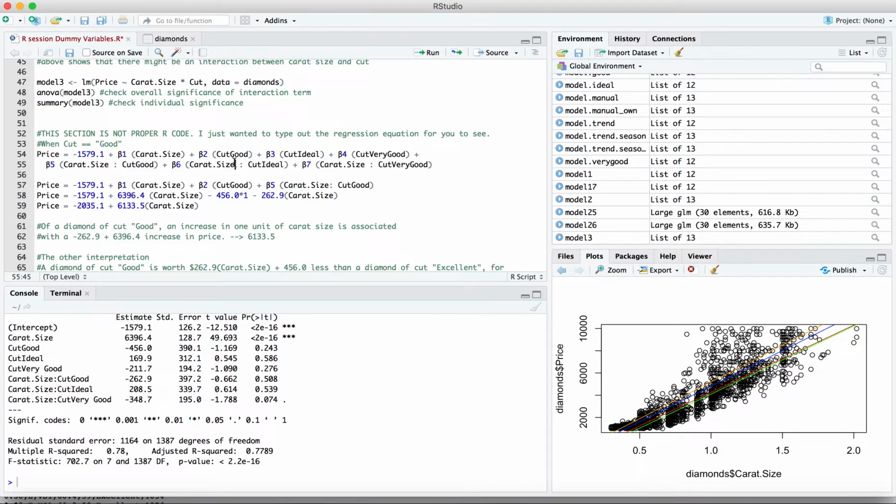So let's look at this particular coefficient right here, this particular variable. This is your usual caret size variable, and then you have the main effects as well as the interaction effects. So let's delve into it. Let's say you're looking at this coefficient, at this variable right here. When your cut is equal to good, so when your cut is good, aka this right here,